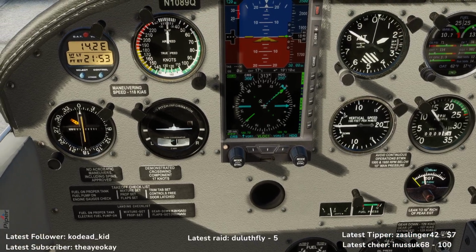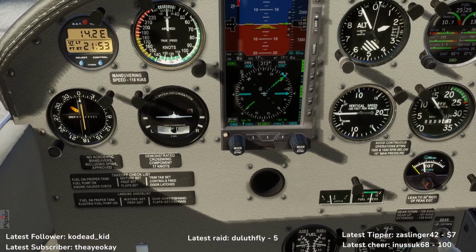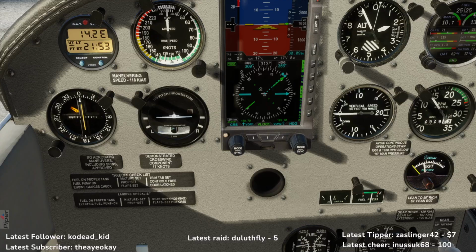Okay. When in doubt, just go the old-fashioned way. Okay, 3009, 1900 feet. Everything looks good. Amps and oil pressure, temperature gauges all look good. Okay, so now